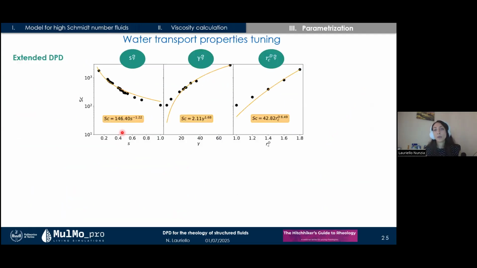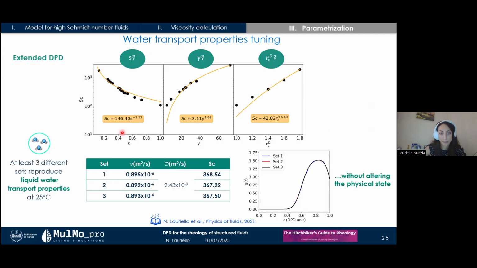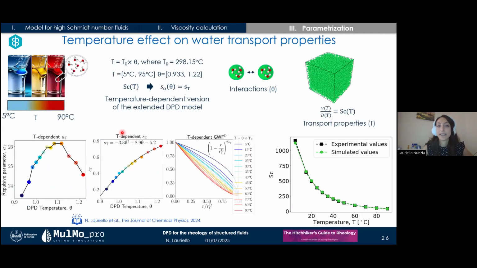And we want to simulate liquid water transport properties at room temperature. Our first work was limited to one temperature, in this case 25 degrees Celsius. Then we extended this work to other temperatures. I did this work in collaboration with Professor Martin Liesel during my stay in Prague, and in this case, we